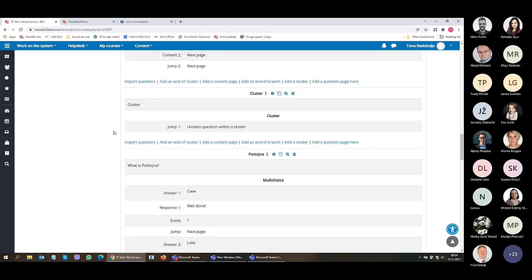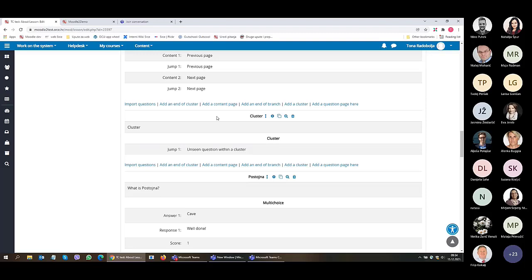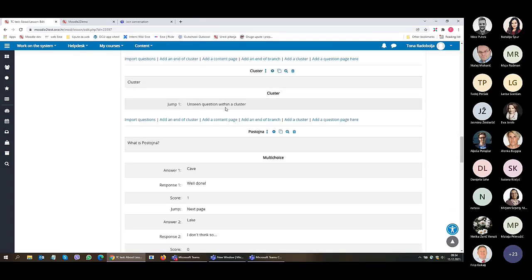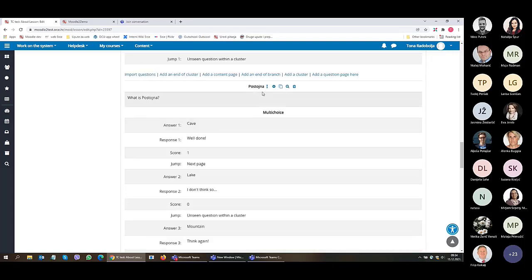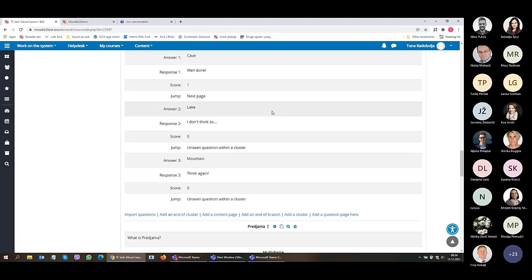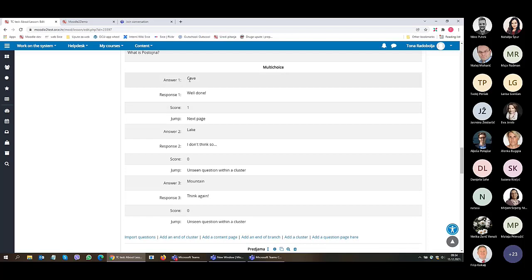What I wanted to show you here is this cluster. So you add a cluster, and it's going to be presented like this. It's a page that you don't make yourself, but Moodle will make it as you add them. And then inside the cluster, you have these two multi-choice questions. And here you can see